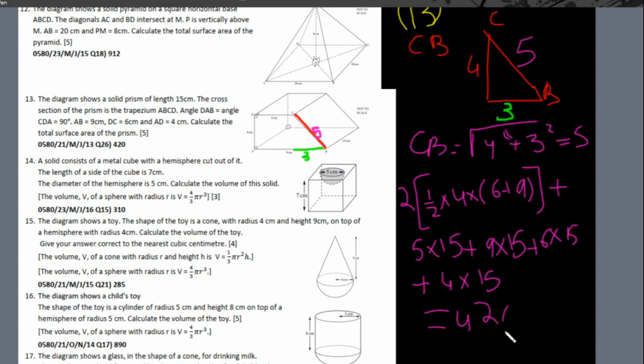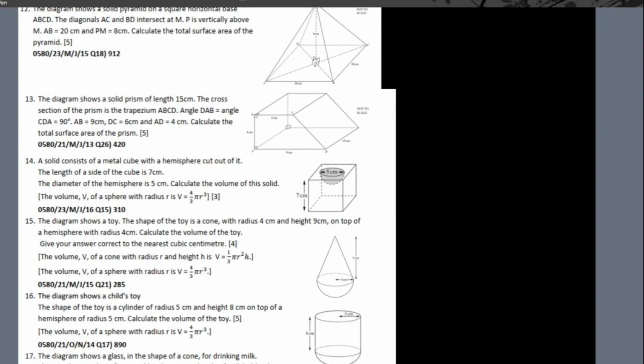So total surface area is, sorry, 420, not 440 or whatever I said earlier, it's 420. Okay, question number 14,